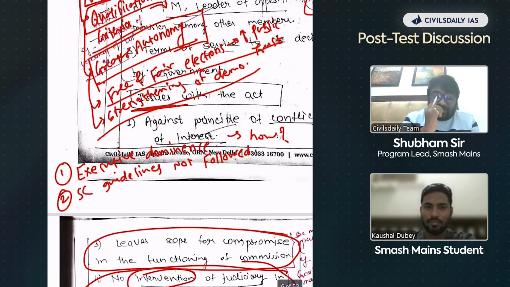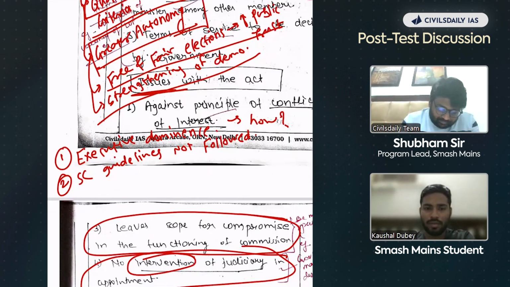Then again, with respect to the Election Commission, you know the various reforms that are needed, like financial autonomy and functional autonomy. They don't have their own staff or secretariat. You can derive a point from that also. The important aspects related to autonomy, like financial autonomy and functional autonomy, were not provided under the act. This is also a point you can derive.